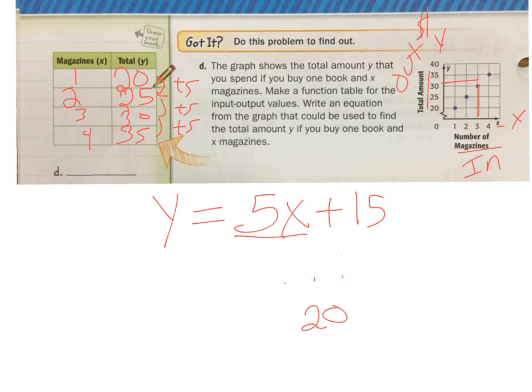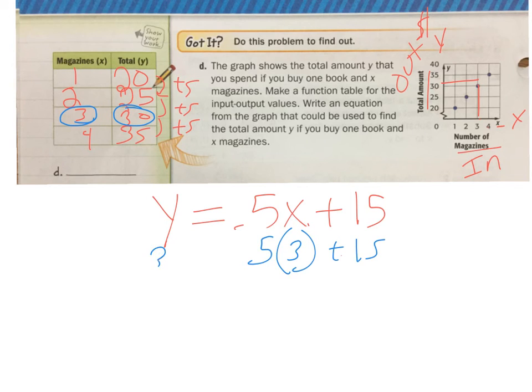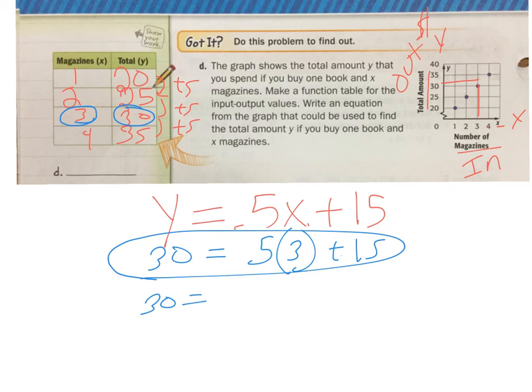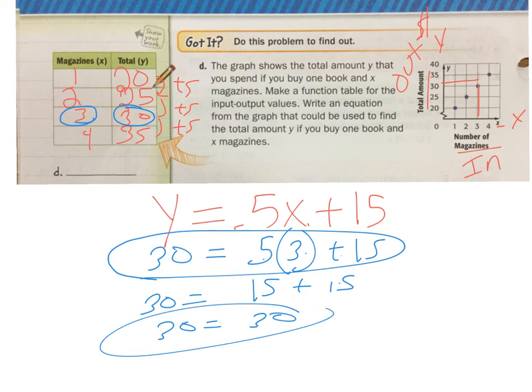Okay? So here's what I think my equation is. I think my equation is y equals 5x plus 15. I'm going to try it with 3. 3 is my x, so 5, I put my 3 in there, plus 15, and 30 I know is my output, my y. So let's see if this is a true statement, okay? 30 equals 5 times 3 is 15, plus 15. 30 equals, now 15 plus 15 is 30. That does equal,